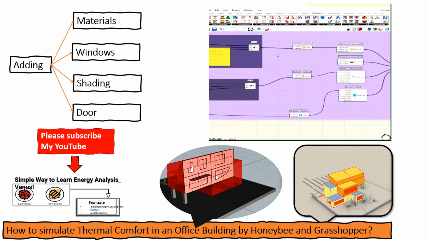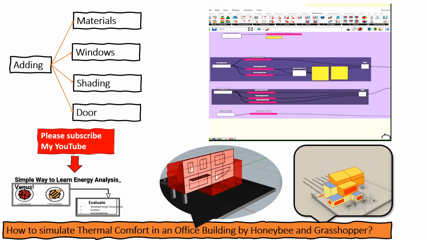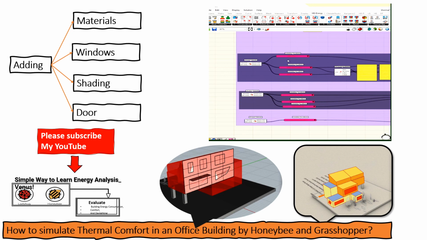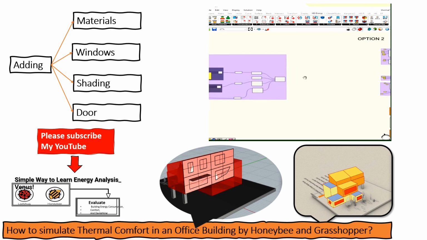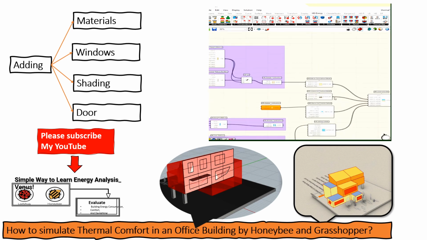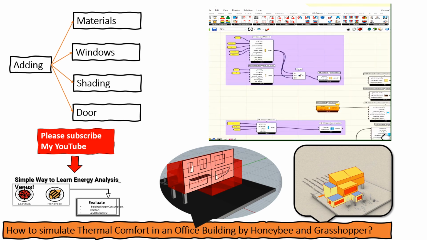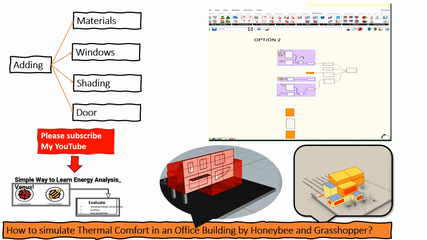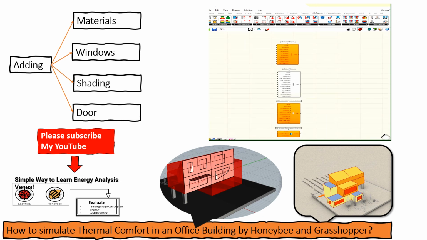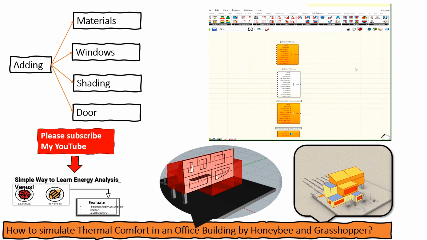Okay, so it's another way that you can use, and you need to use this component and add customized layers of material. For option 2, the same as option 1, you need to use this component, but for adding the material, you need to add specific numbers for the material according to the catalog or according to the information that you have. You can use this part of the construction tab to define